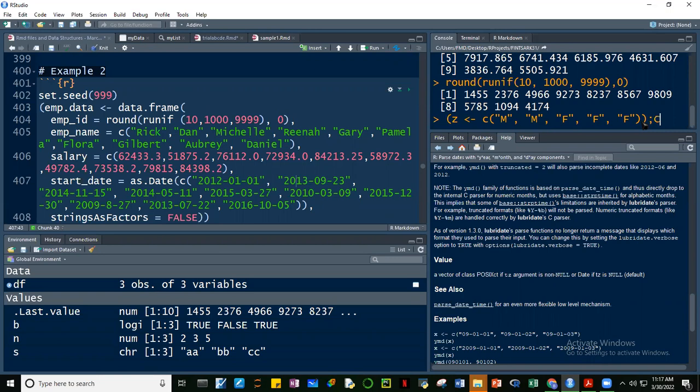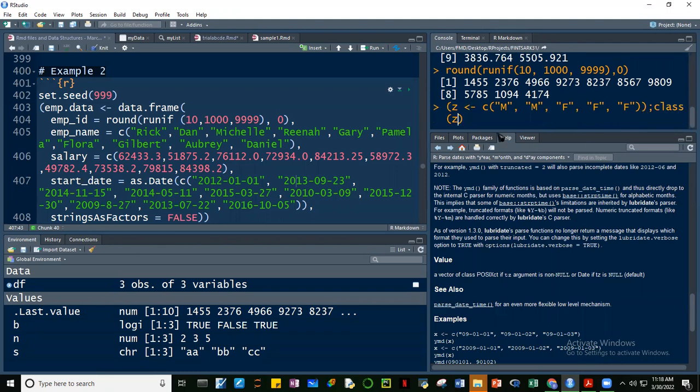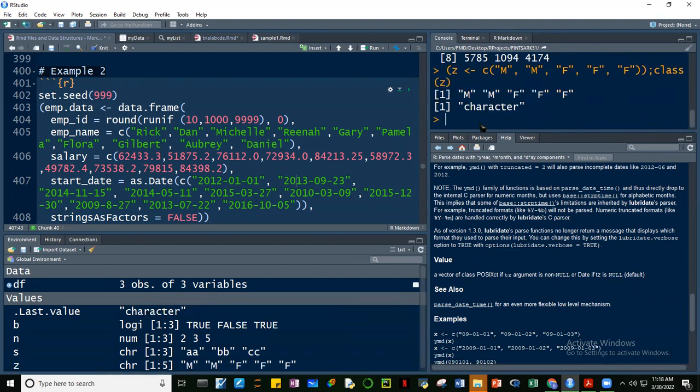Okay, and then class. Okay, what am I doing here, guys? I'm creating an object called Z. It's a character vector MMFFF. And then let's check the class. Enter. So this is our object. You have MMFFF, and it's a vector of character. Okay. Now,